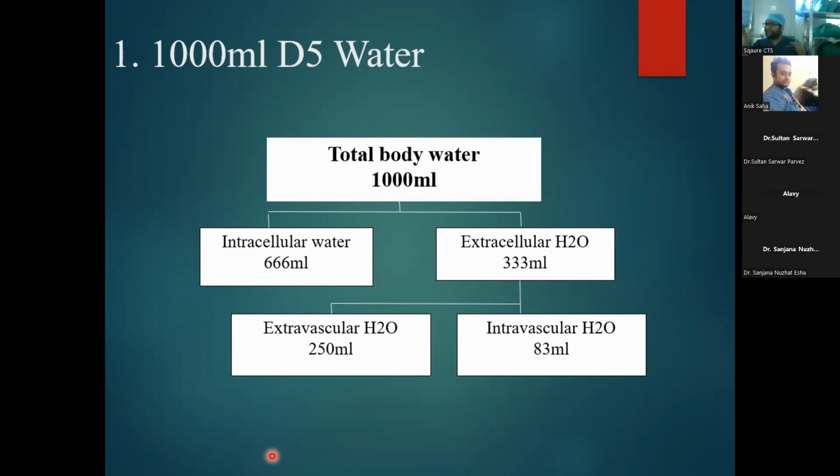So for any kind of resuscitation, 5% DA is totally contraindicated because only 83 ml is present intravascularly. So during any type of hypovolemia, any hemorrhage, if we use 5% DA, it is more harmful to the patient because intravascularly only 83 ml is present. But